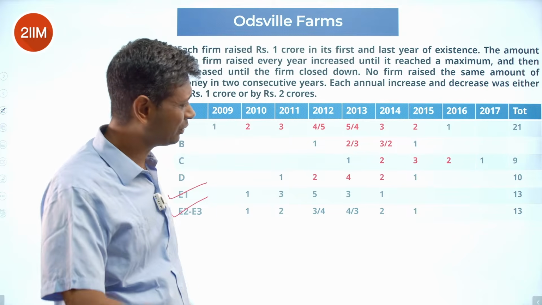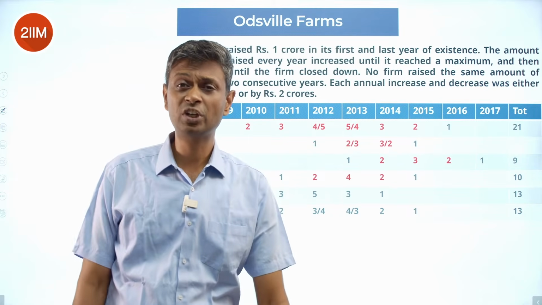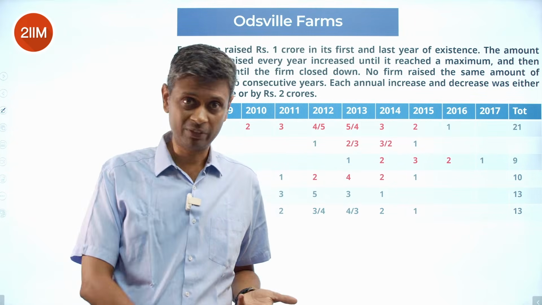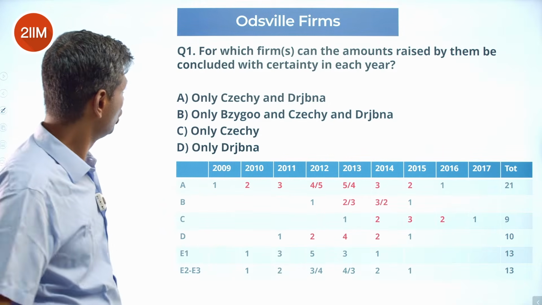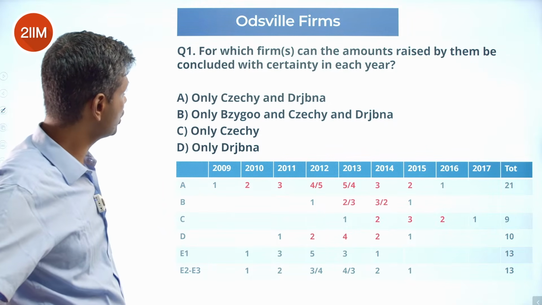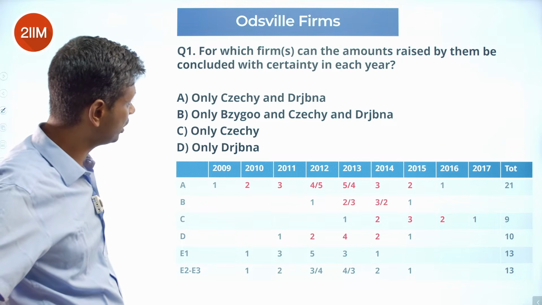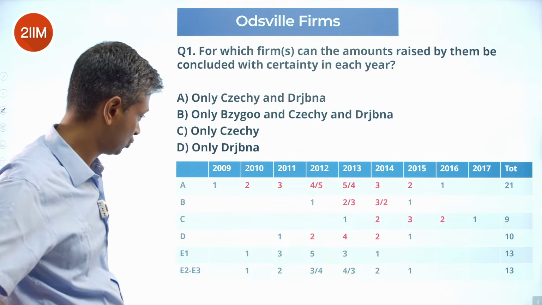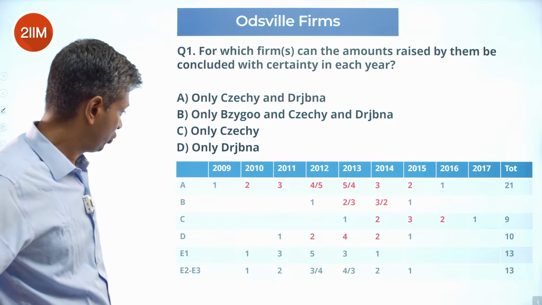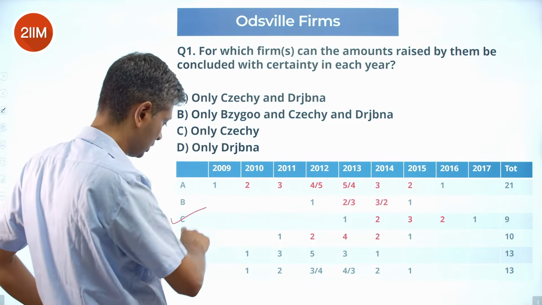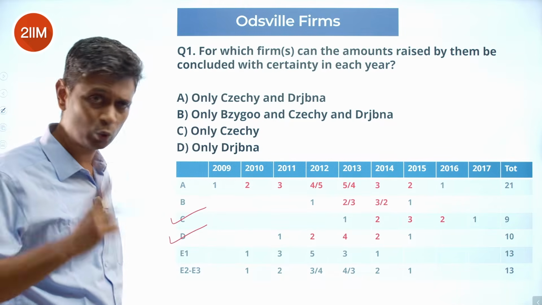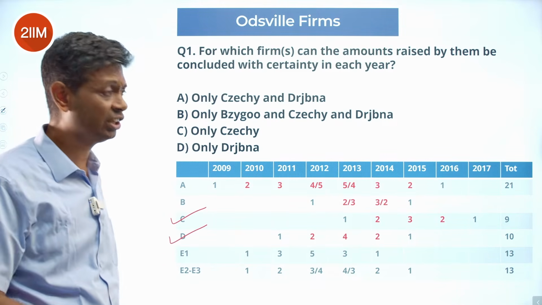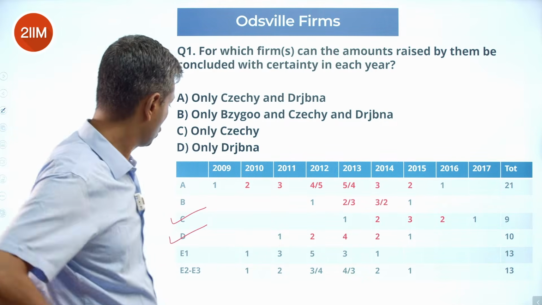Lovely. So we've got the framework. Initially I thought there will be a ton of possibilities. Each question is going to be different, but narrow set of possibilities. Okay. Let's attack the questions. For which firms can the amounts raised by them be concluded with certainty in each year? C, yes. D, also yes. 1, 2, 3, 2, 1, 1, 2, 4, 2, 1. B, there are 2 possibilities. A, there are 2 possibilities. E, there are 3 possibilities. So C and D,